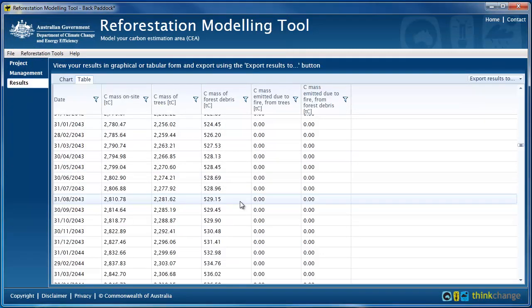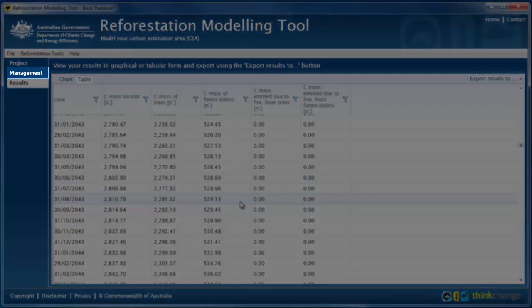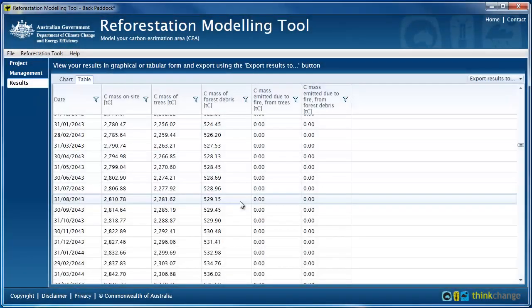If I wanted to run the model again and try different combinations of trees, I just need to return to the Management tab. Otherwise, I'll save my project area as a reforestation modelling output file, and I'll need to do this for each CEA I create within the RMT. This helps with opening my plot again at a later date for audit, updating events, and/or submitting to the Clean Energy Regulator.